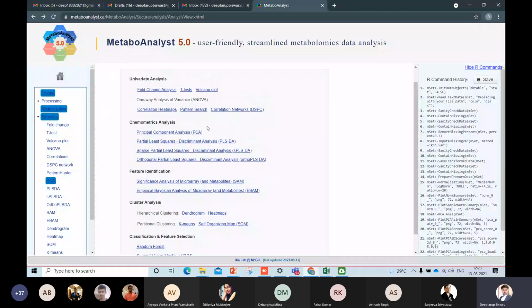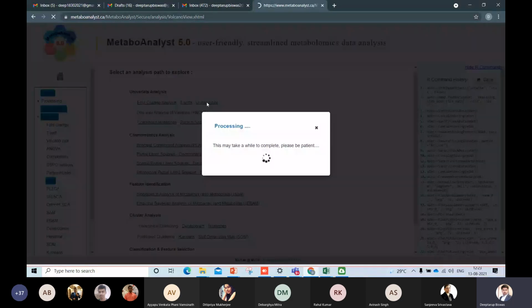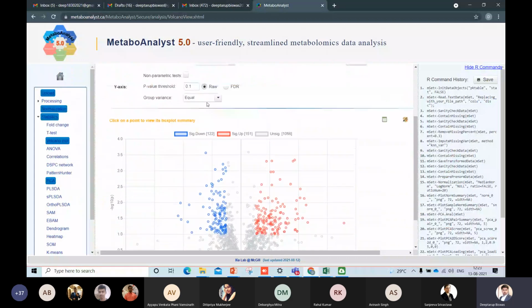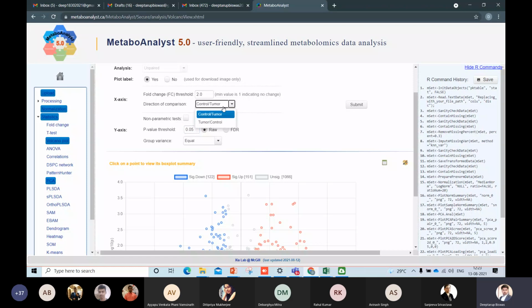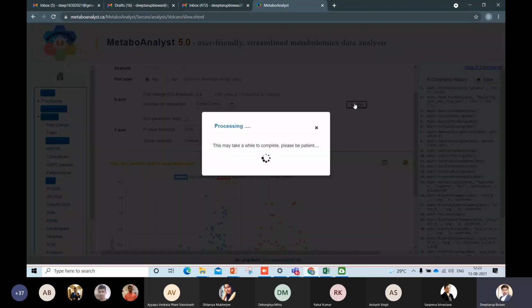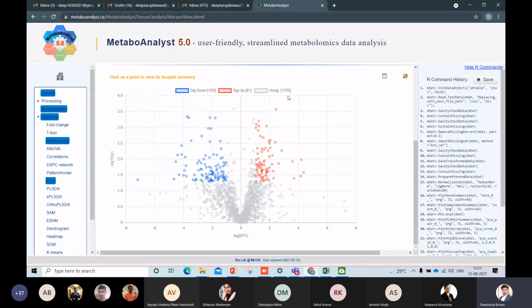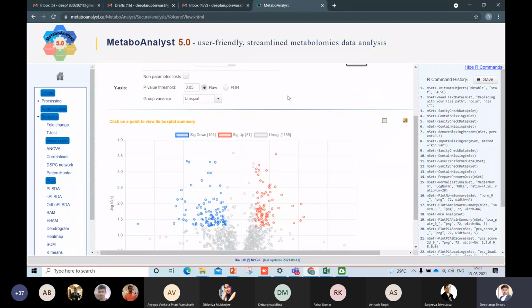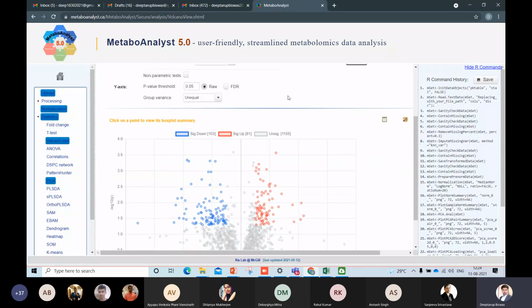Then the second concept is the statistical test that I have shown. Instead of going to the fold change t-test, I will go directly to the Volcano plot, right? This is with the p-value threshold of 0.05, tumor versus control, and the group variance will be unequal for this, and submitting it. So somewhere around 103 significant down and 81 up. I think all the other things I have already discussed; this is just a brush up of the steps, and we will talk more about each concept in the next class: why we are using these, what the statistical parameters are, and missing value imputation.